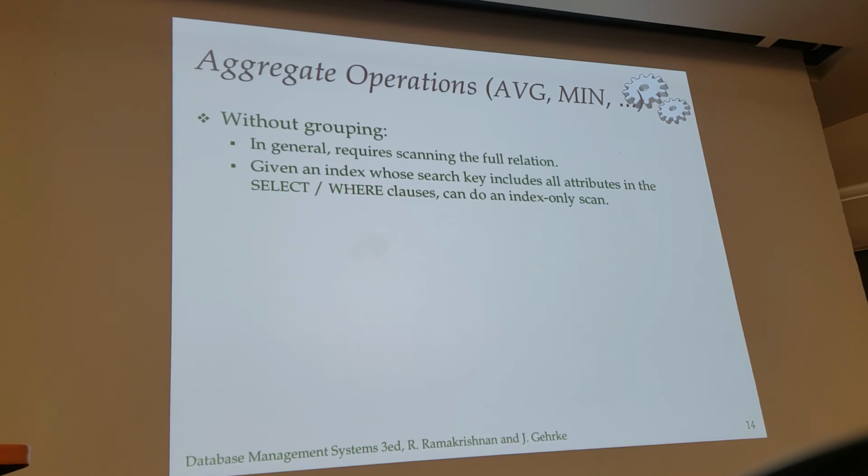So suppose that you're trying to do one of SQL's aggregates, and if you don't have grouping, then you potentially have to scan the entire relation to do your aggregate, to find what the values are. On the other hand, if you have an index that includes all the attributes that you need, then you can take advantage of the index without having to touch the data. So you need everything for the select and where and for the aggregate. It's not just including the things in the select and in the where clause. It also needs the stuff